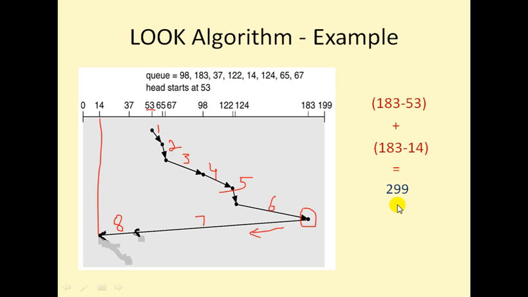If you understand the SCAN algorithm, you can easily understand the Look algorithm. The main difference is that in the SCAN algorithm, you start the journey from the head starting position and take one direction. In that direction you go to the end point, from 183 you go to 199. But in the Look algorithm you do not touch the ends, either the right side or the left side. You simply take one direction and visit all the tracks available. In the opposite direction also you visit all the tracks available. So that is about the Look algorithm.